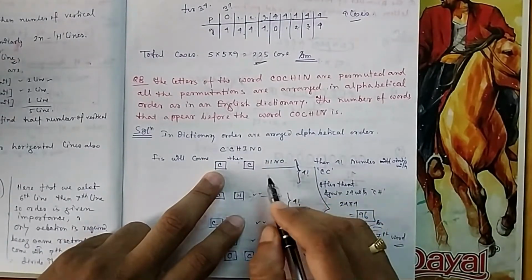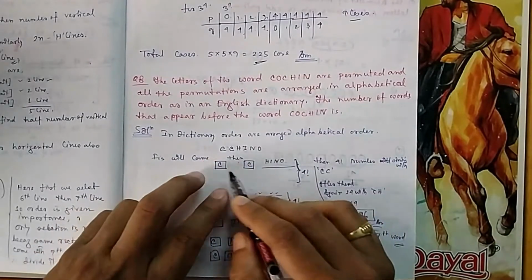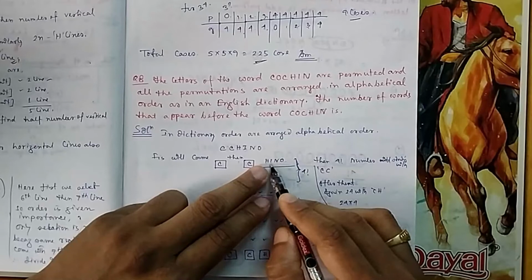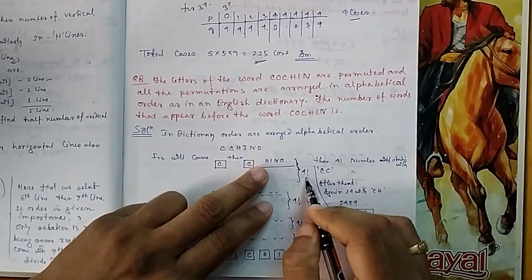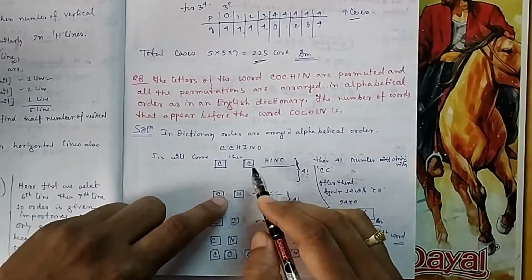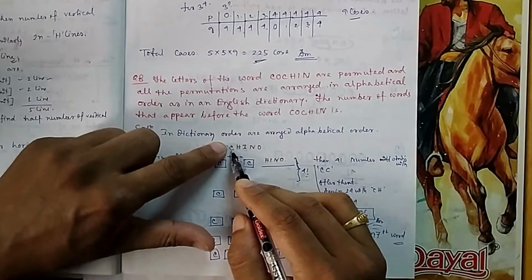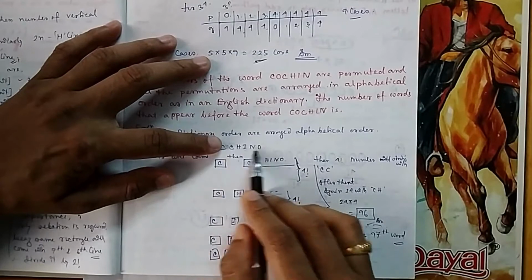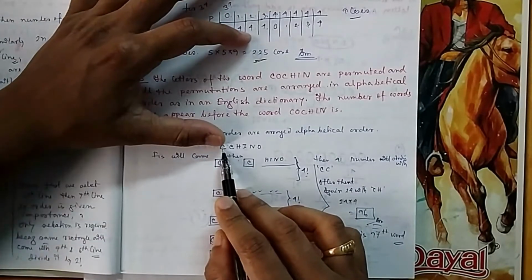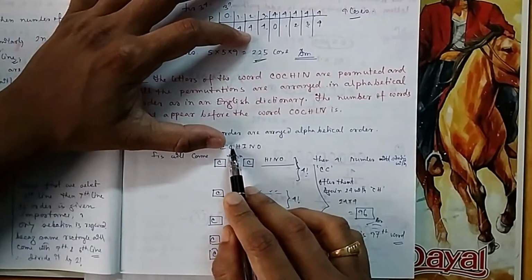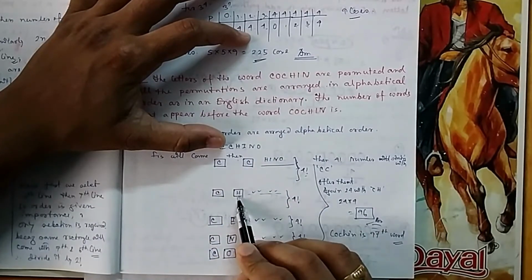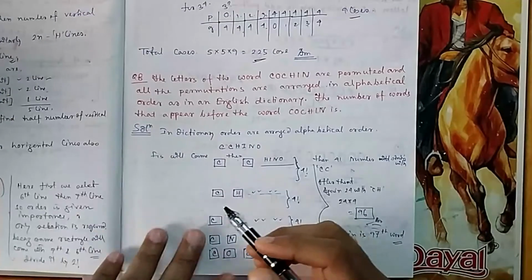If you see this arrangement, that will be starting with CC, because C and C are fixed. These 2 positions are fixed. So there is HINO. HINO in how many ways can it be arranged? 4 factorial. Next, what is the word? This C you keep fixed. Whatever words are done with C, first it will try with C, other combinations. With C, the first letter will be C. And then if all the C's are done, the next alphabet will come. The next alphabet will be H. Next it will start with CH. In a dictionary we see it in this way, na?